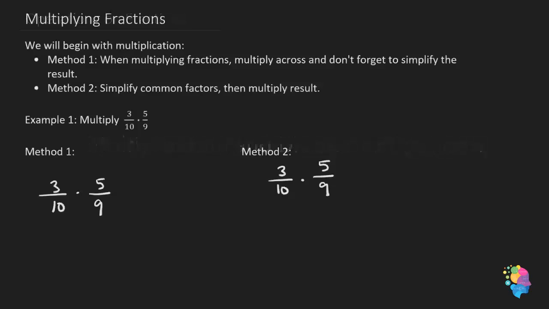We will start with multiplication. The steps for multiplication of fractions are to multiply across and simplify the result if possible. However, we're also allowed to simplify first using prime factorization. As long as we simplify a numerator with a denominator, the values do not have to be in the same